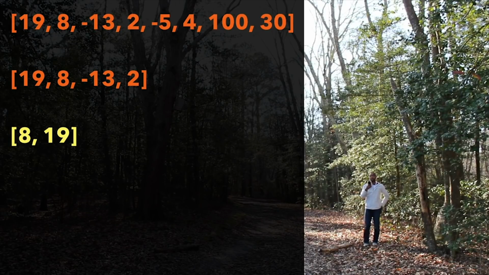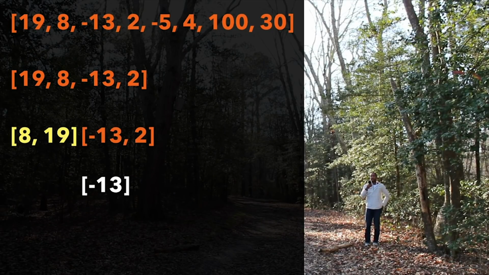And now that is the left portion of the call 19, 8, negative 13, 2. And now we need to go right. So we need to sort negative 13, 2, which is a subarray of the bigger array 19, 8, negative 13, 2. So now we go left, and then we reach our base case of negative 13, we return, and then we go right, and then we reach our base case of 2, and then we have two sorted subarrays to work